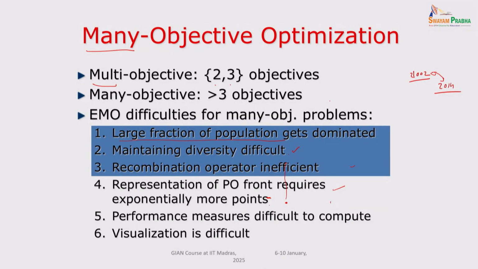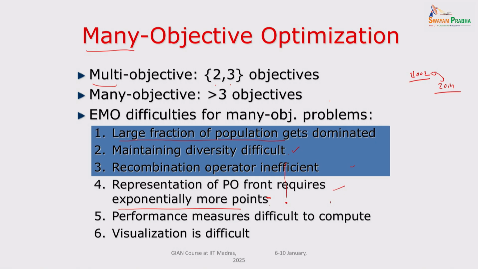And then of course the other issues like representing and visualizing higher dimensions is always difficult, but that has nothing to do with the algorithm. But you also need more and more points to represent a higher dimensional surface. Actually you need exponentially more points. In 2 dimensions, maybe 20 points, you could do a nice distribution. If you go to 3 dimensions, even 30, 40 points is not enough, because it's a surface now, you need to go to the tune of 100. If you go to 4, maybe to the tune of 500 to 1000. So by the time you are at 10 objectives, you probably need hundreds of thousands of solutions to really represent well